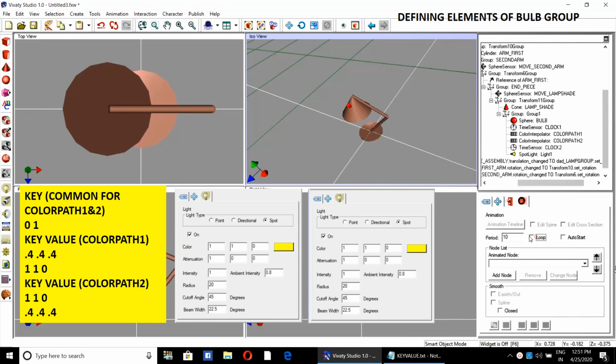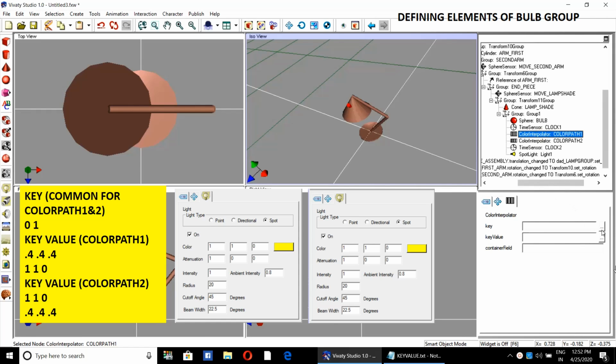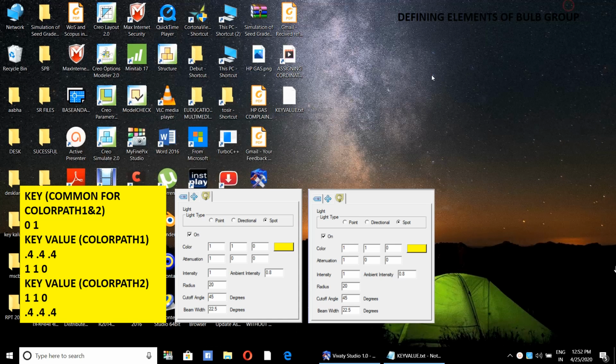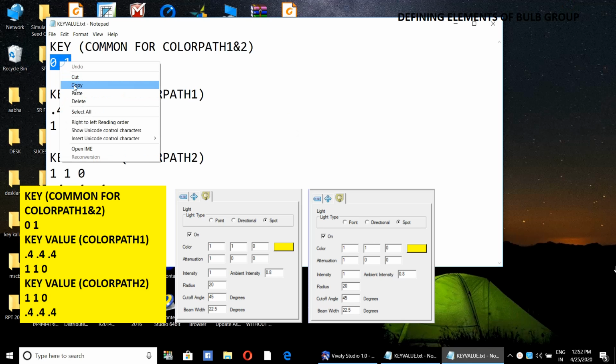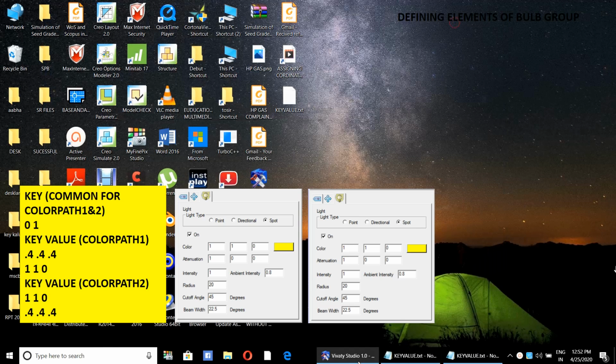Now we will define the elements of the bulb group. The period will be 0.5. Uncheck the loop. The color interpolator key value is 0, 1. I have already pasted the value in a notepad.